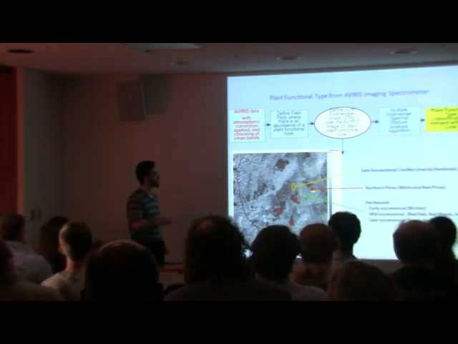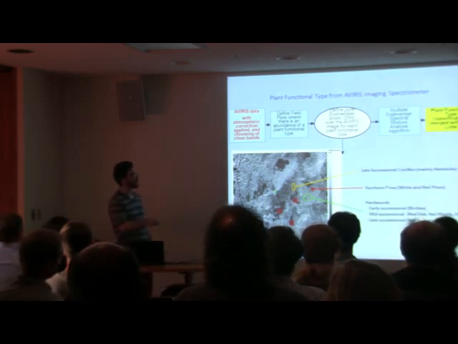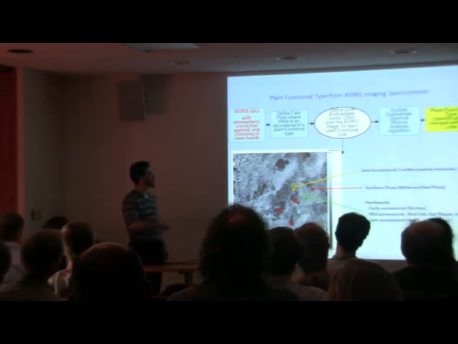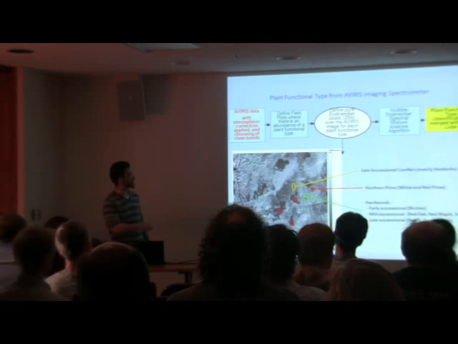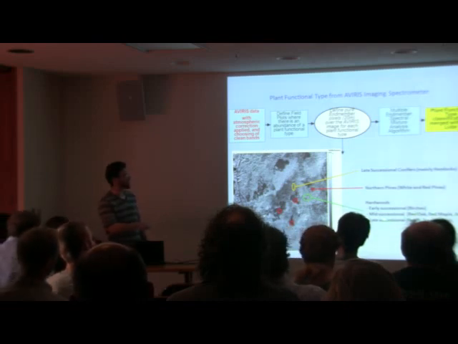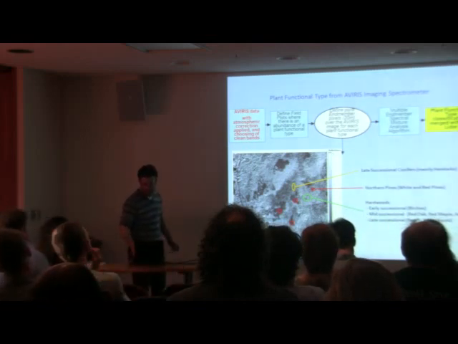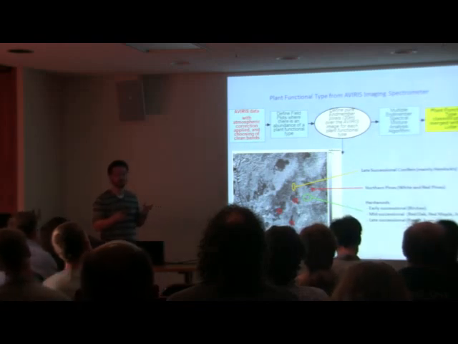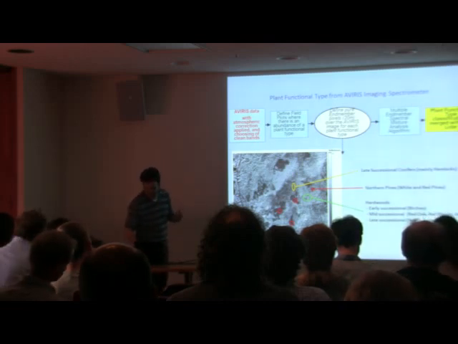These 5 plant functional types are two conifers. We had early successional conifers, which we define as white pine and red pine at Harvard Forest, and late successional conifers, which are mainly hemlocks. Then there are early, mid and late successional hardwoods, which are birches, then mid successional red oaks and red maples, and then late successional things like beeches. If you define those, we find pixels that have a seemingly pure concentration of one of those plant functional types. You can use that to begin to extrapolate to other pixels.